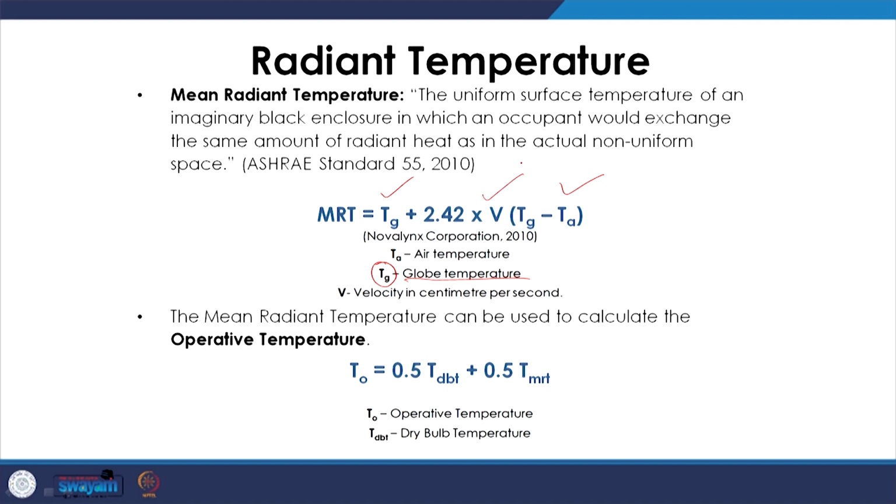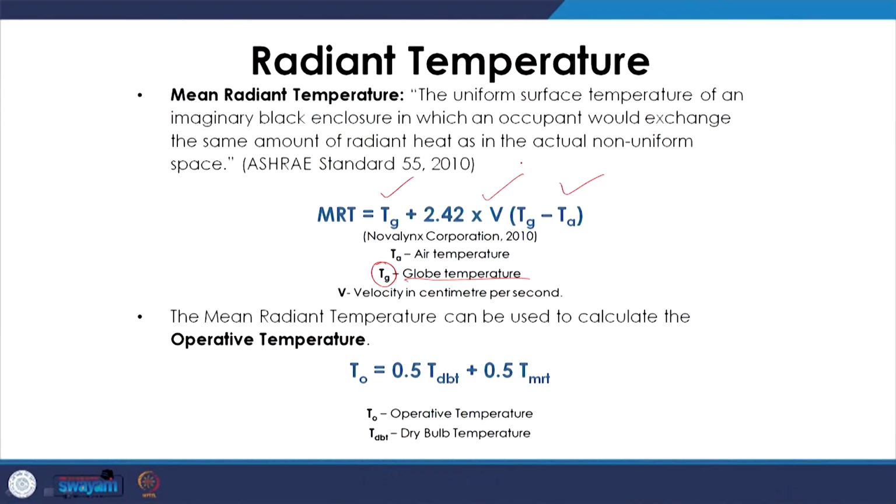Now, operative temperature is also a terminology which takes into account the impact of radiation as well as the air, giving us a condition equivalent to a given surface condition at different temperatures, and also the air which is surrounding. So, both these quantities are taken together.